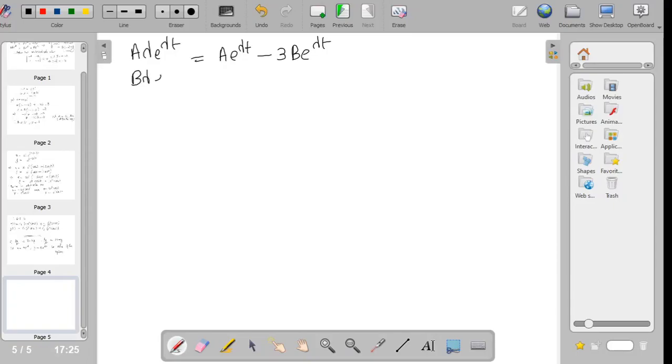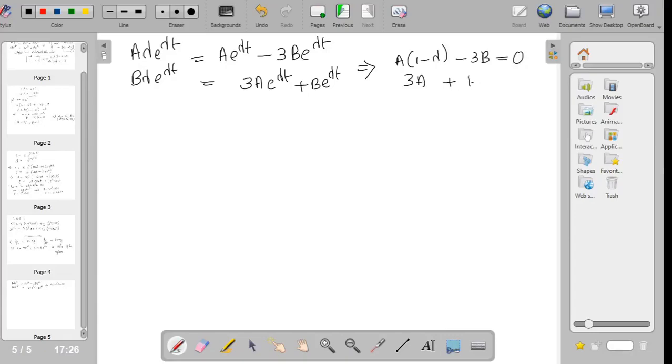Similarly the second equation: b lambda e raised to lambda t will be equal to 3a e raised to lambda t plus b e raised to lambda t. So that will give us the equations. So you will get a times 1 minus lambda, minus 3b equal to 0, and 3a plus 1 minus lambda times b equal to 0. So for a non-trivial solution, the non-trivial solution is obtained when